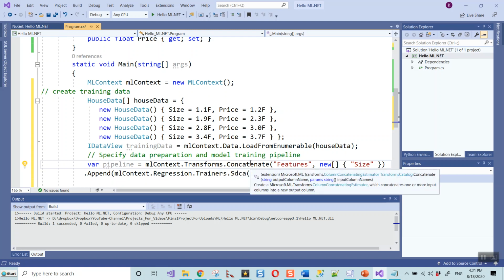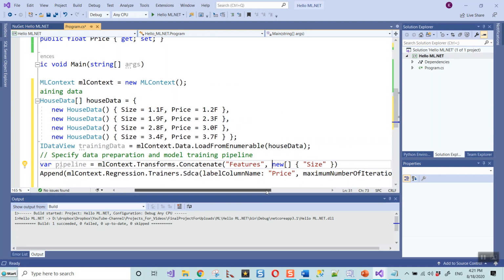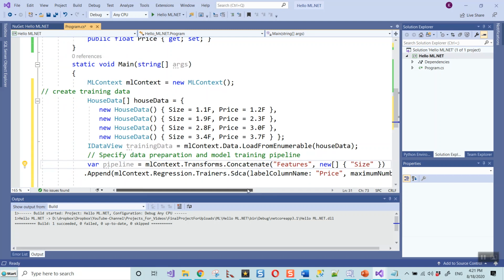So it concatenates one or more input columns into a new output column. One or more input columns means the one column is Features, and here we have only one because it contains one feature only, the house size. And dependent upon the house size is the house price. So price is a function of size.